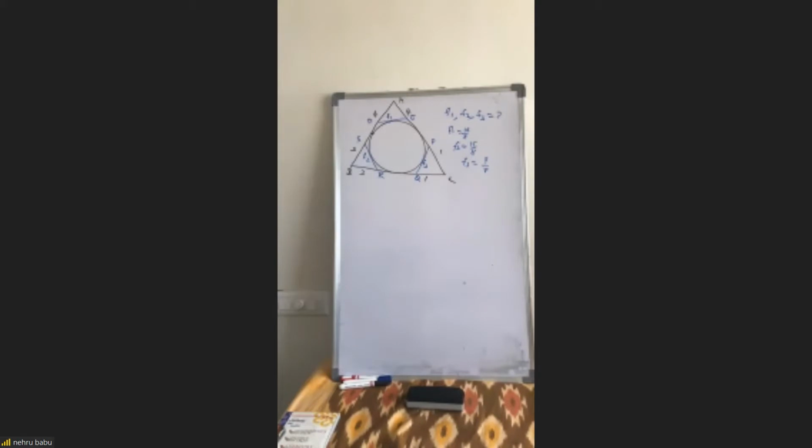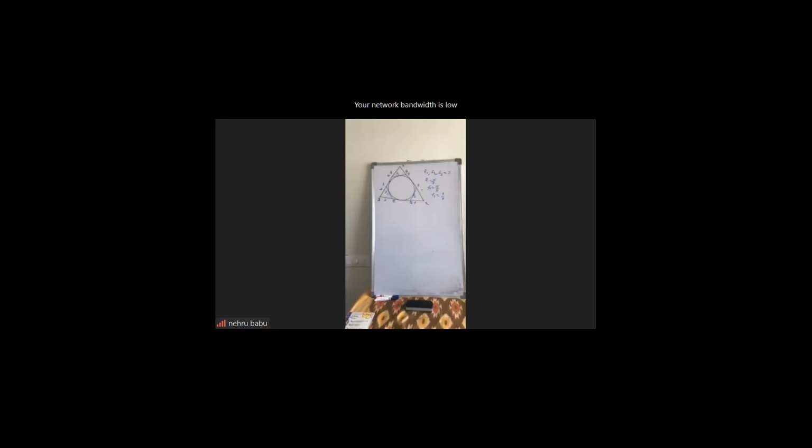Sir, for triangle ADE, that circle is like the excircle now. And for triangle ABC, it is the incircle. So the length of tangent from A, I equated using both formulas. Then in general, I got some result like DE by BC is S minus A by S. Using that. Yes, sir.